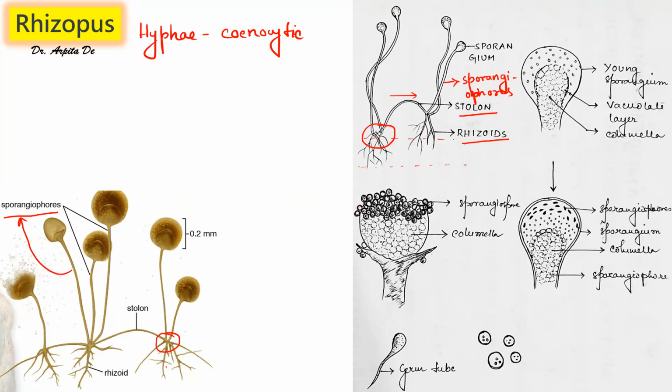Sporangiophores are erect, aerial, and unbranched hyphae which grow upward in clusters at the point where stolon forms rhizoids. So these are the points where stolon is forming rhizoids. From here, slender erect structures grow upwards, aerial structures which bear the sporangium at its tip. So this is the brief discussion on the vegetative structure of this